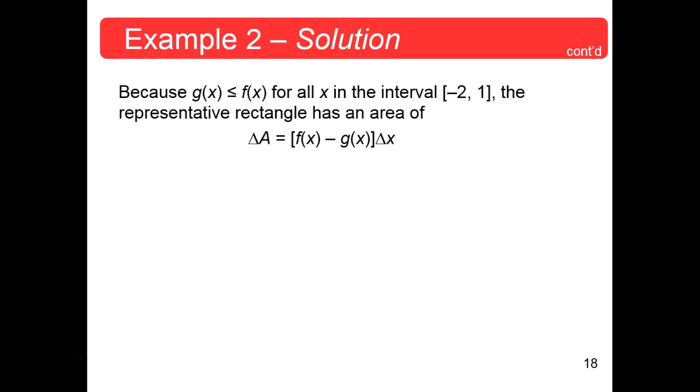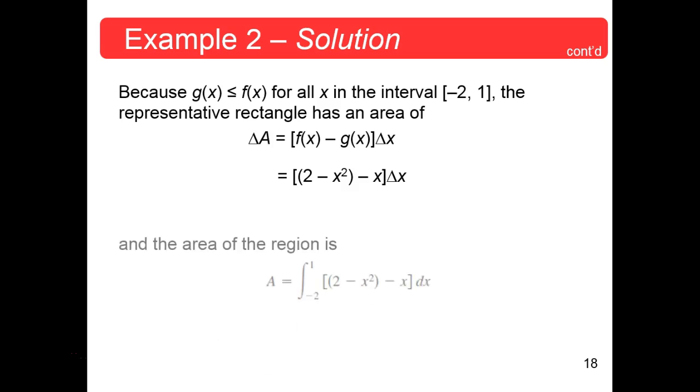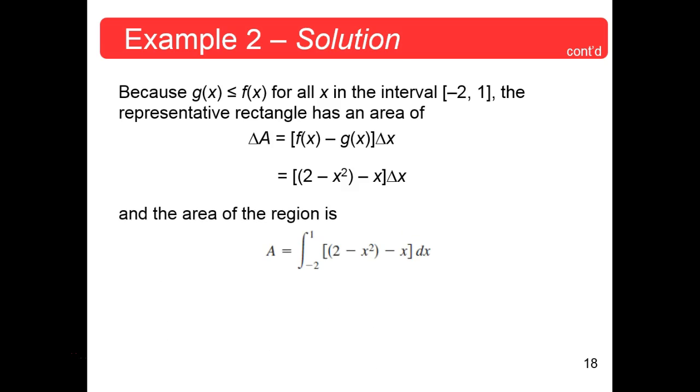And because g of x is always left in x between those points, negative 2 and 1, the representative rectangle delta A, area of that representative rectangle would be f minus g times your delta x. That would be 2 minus x squared minus x times delta x. So the area would be the integral from minus 2 to 1 of 2 minus x squared minus x dx. And that would be,